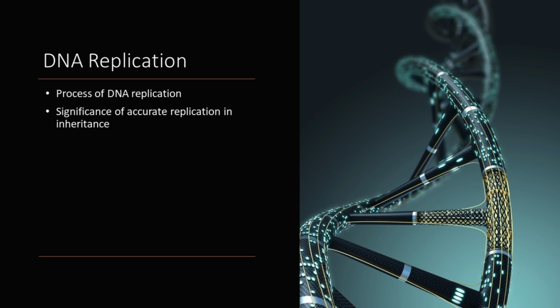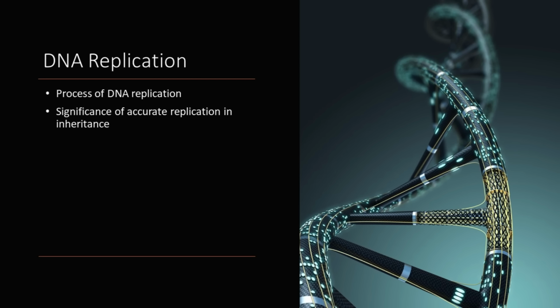Importance of accurate replication. Accurate DNA replication is crucial because any errors or mutations in the genetic code can result in genetic disorders or diseases, including cancer. Cells have intricate repair mechanisms to fix DNA damage and ensure accurate replication. Understanding these processes not only sheds light on genetic stability but also informs cancer research and therapies targeting aberrant cell division.